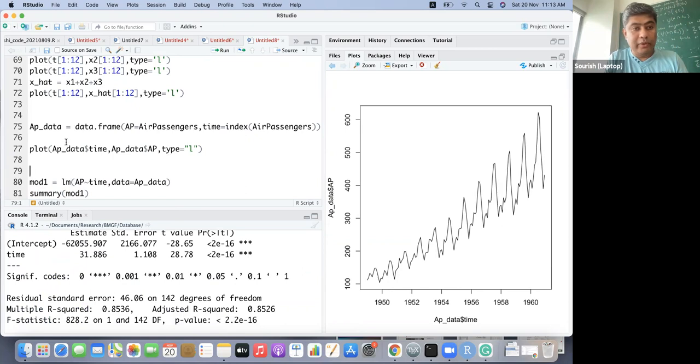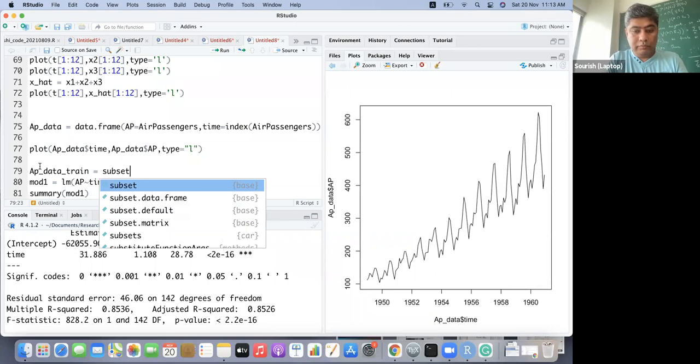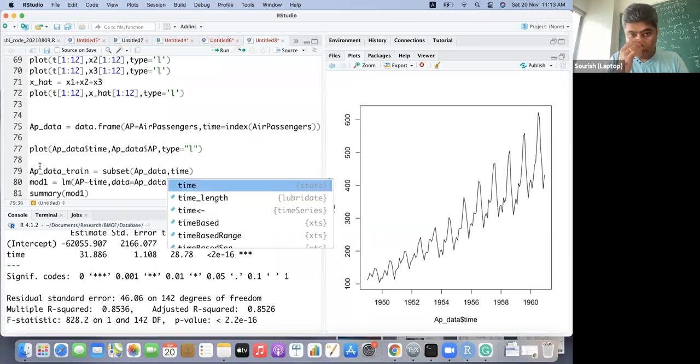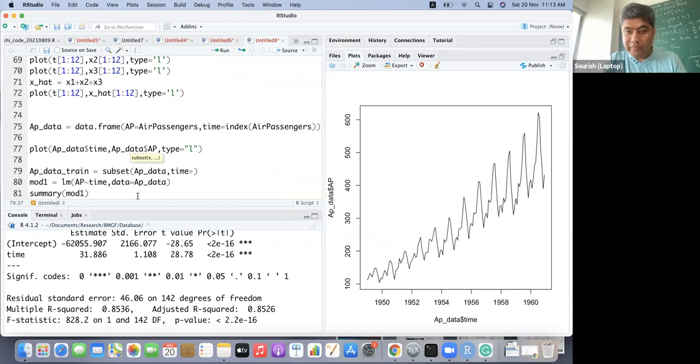So what I'm going to do is split the data into train. Maybe we can take up to 1957, less than or equal to 1957.